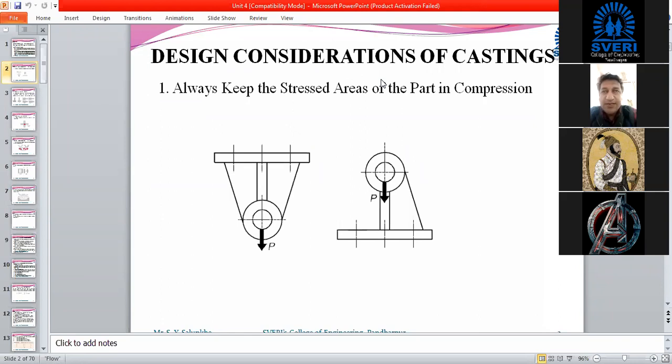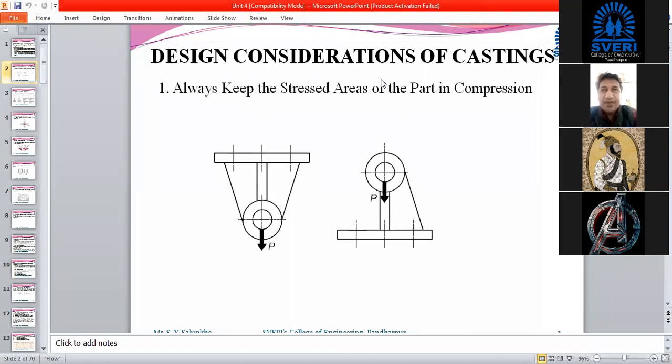When we decide the factor of safety, we consider that the load will be increased beyond the regular loading on the component, and the normal stresses are multiplied, and you find some design stresses. For those design stresses you calculate the dimensions. Once you have calculated the dimensions, we have to take care of how this component will get manufactured,